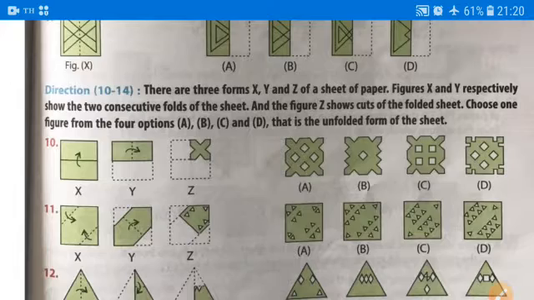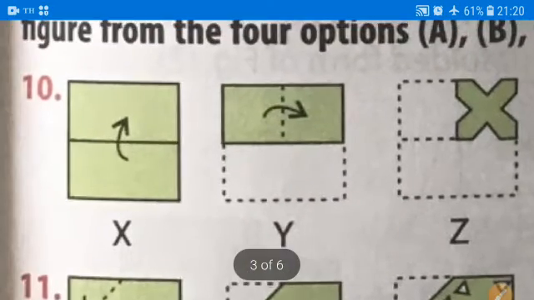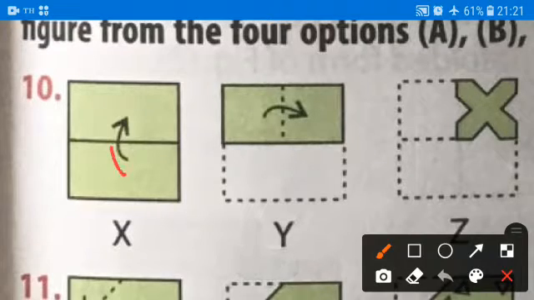Figure X and Y respectively show the two consecutive folds of the sheet, and figure Z shows a cut of the folded sheet. Choose the figure from the four options A, B, C and D that is unfolded from the sheet. Now what we have to do, first we have to fold. This is the first fold, this is the second fold.